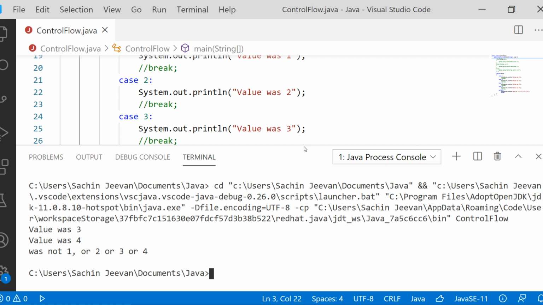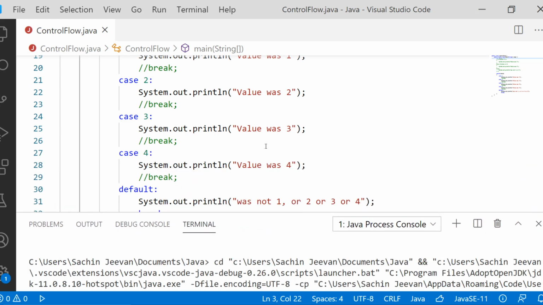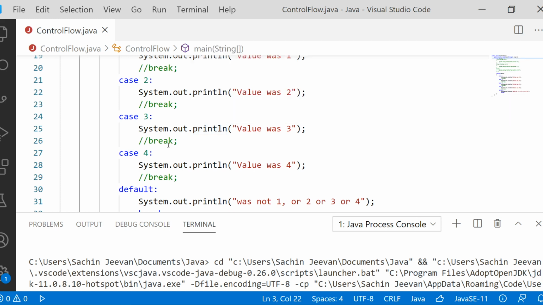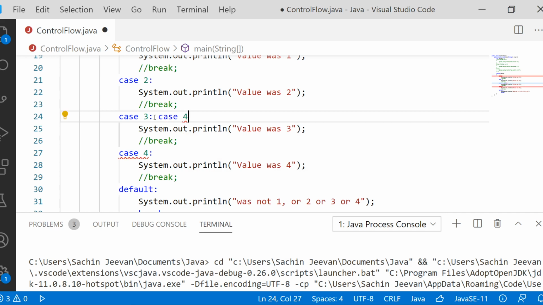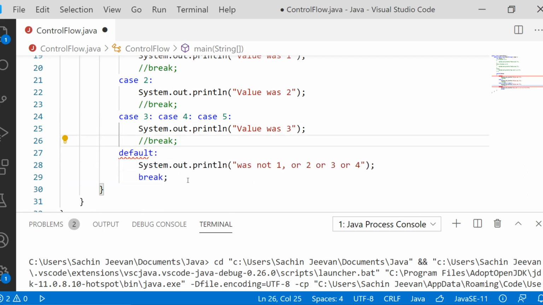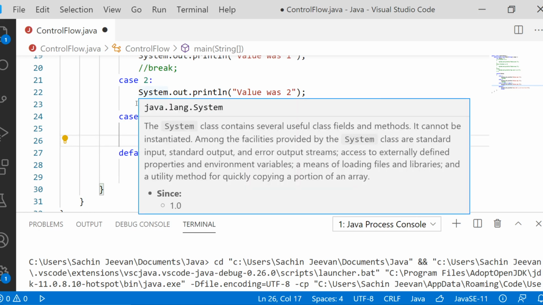And also for multiple values, if the same block has to be executed for value 3, value 4, value 5, if for 3 values the same behavior has to happen, then what we have to do, the same line of code, we don't need to repeat again and again. Instead of having case 3 here, we will write case 3, colon, then on the same line case 4, colon, then again on the same line case 5, colon. Then let us remove the case 4 from here. And now let us introduce the break statement also. We will uncomment it.